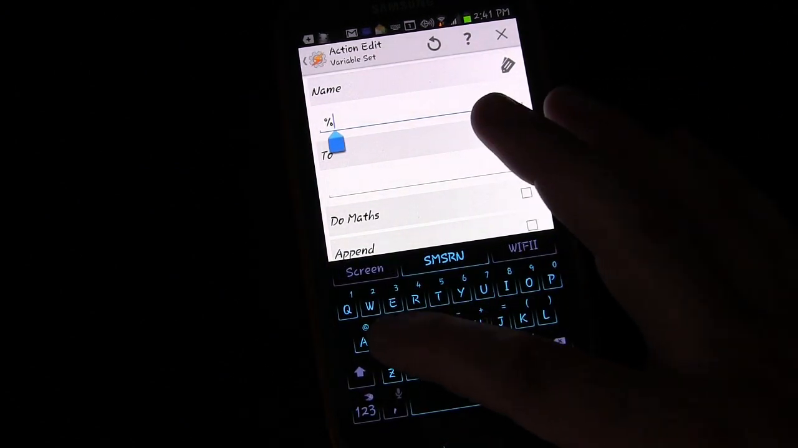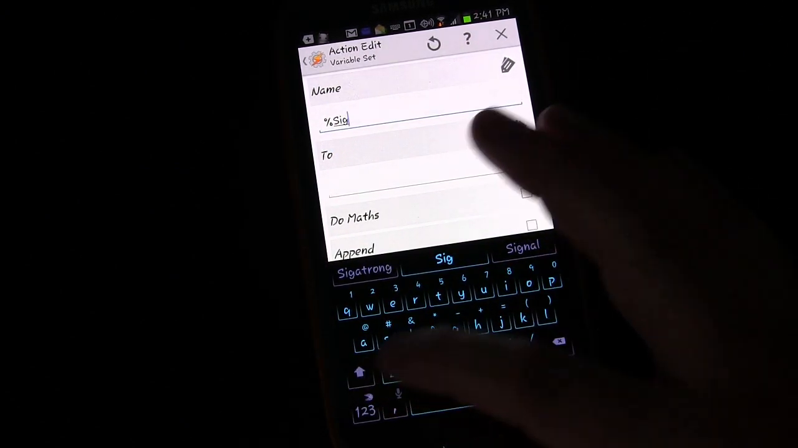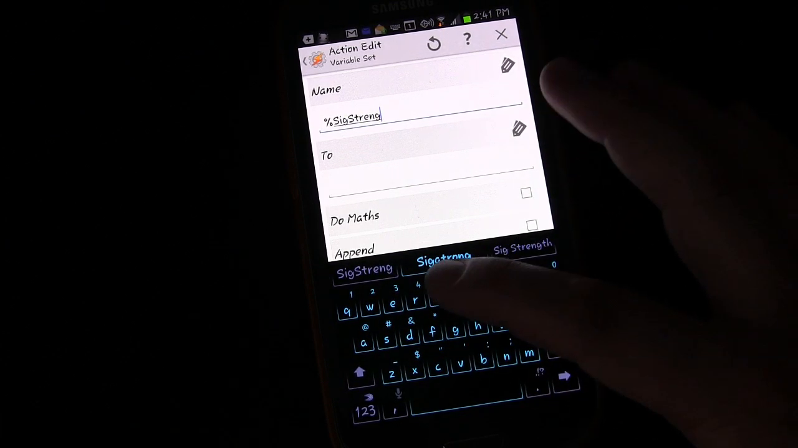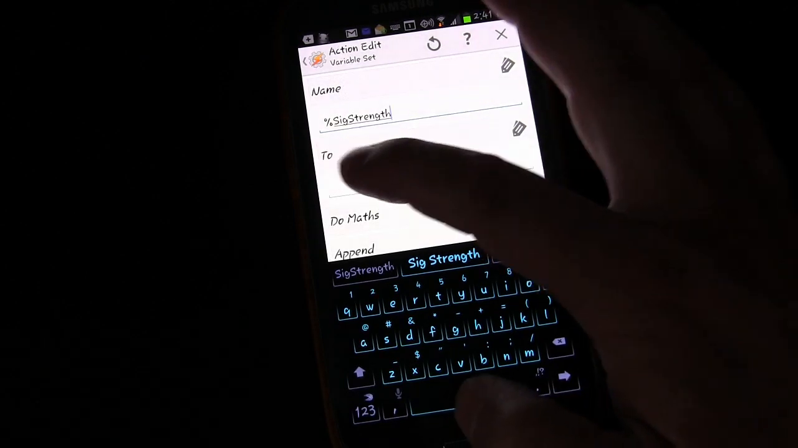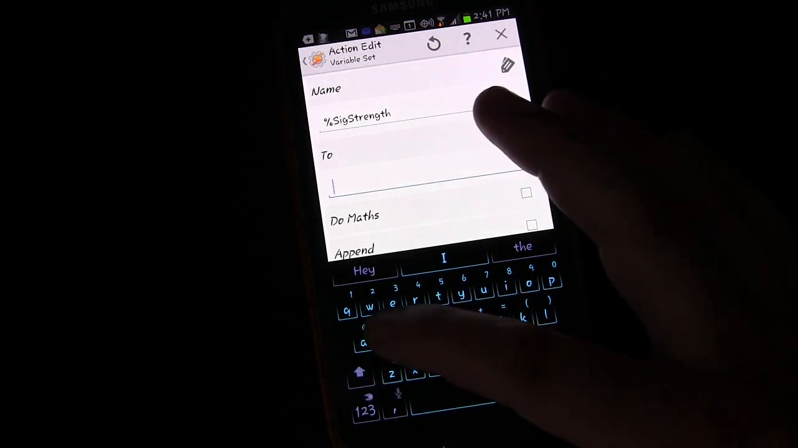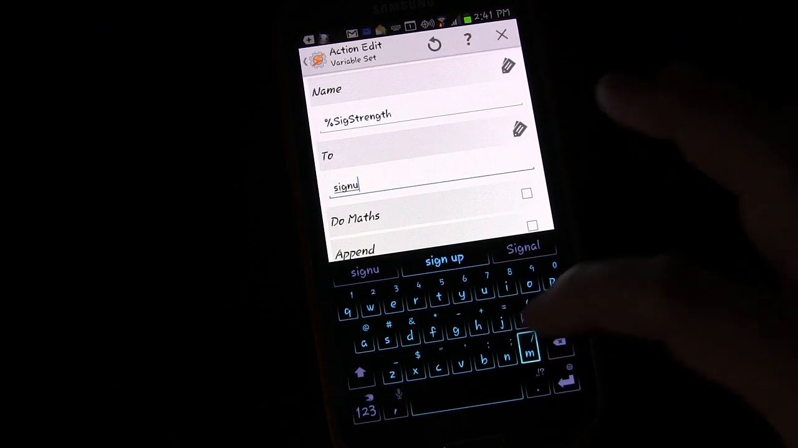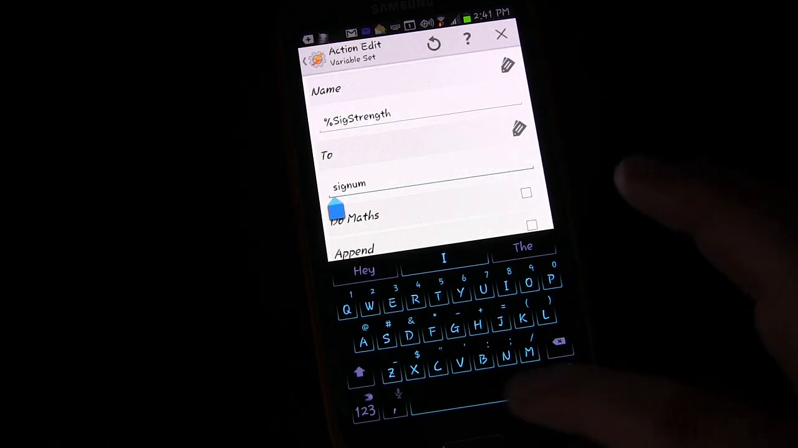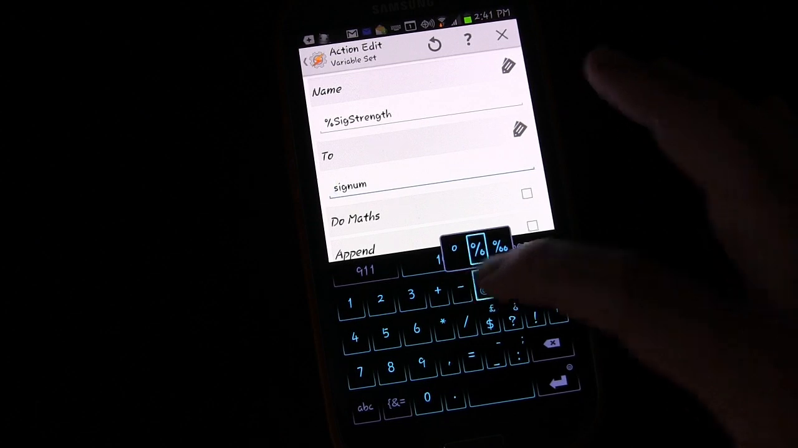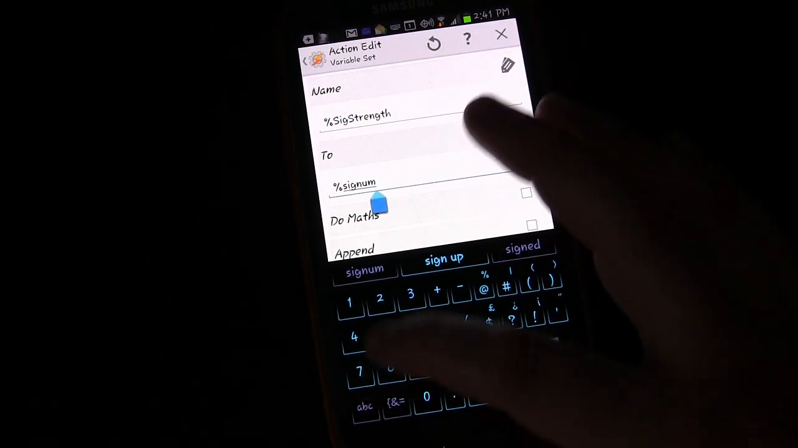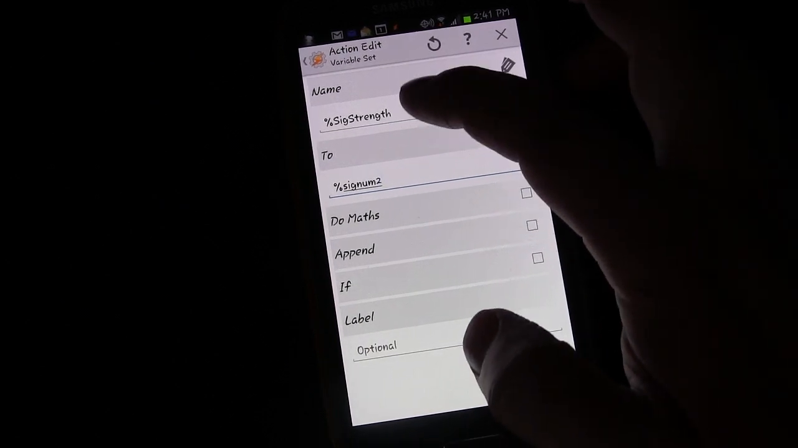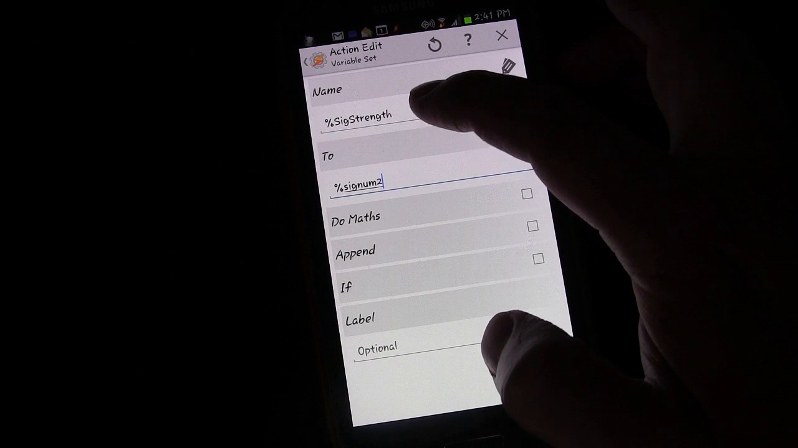And we're going to call this sig strength. And we're going to set it to signum. Actually, let's put the percentage sign there first, because that's how we know it's a variable. Signum2. So what we're doing is we're creating a new variable called sig strength, and this has a capital letter in it,